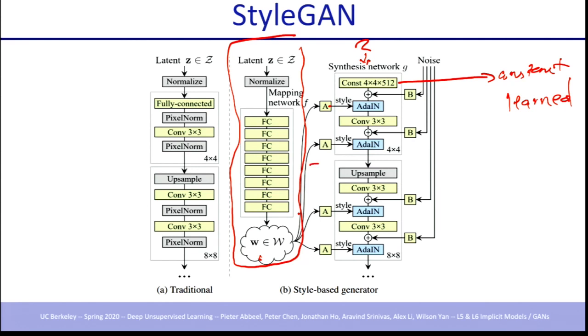And you could think of these as style vectors. So these style vectors are based on what they do at every level. They're functioning as style variables of different nature. At a higher resolution, they are behaving as more fine-grained styles. At a lower, coarse resolution, they're behaving as more high-level aspects like pose and all that. And I'll show you some examples. And finally, there's this noise variable, which is the Gaussian noise. It's very common in GAN training to add both input and feature noise at various levels. And so they also add a Gaussian noise at various levels.